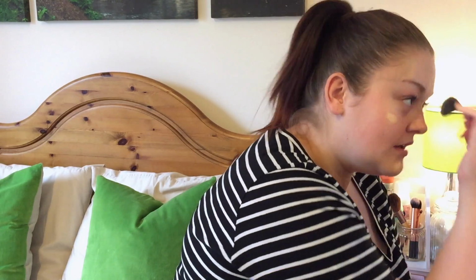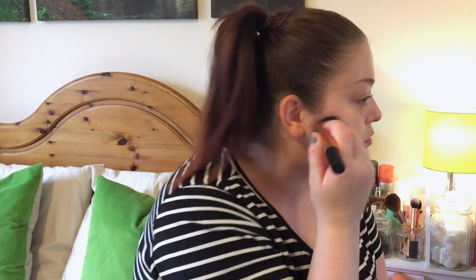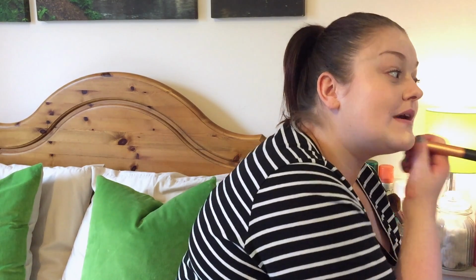But it lasts a really long time and it's MAC. It's really good and it matches. So I just dot it on my face. I tend not to put my foundation on my nose because I have really dry skin. Well, initially I don't put it on my nose. I have really dry skin on my nose, so I tend to just work it in from the bits I've put on my cheeks. So just work it in everywhere,